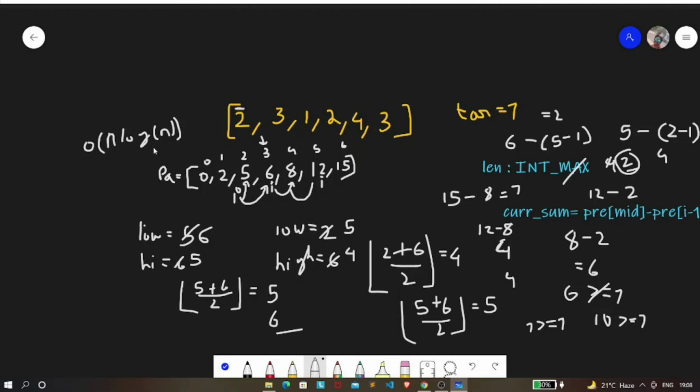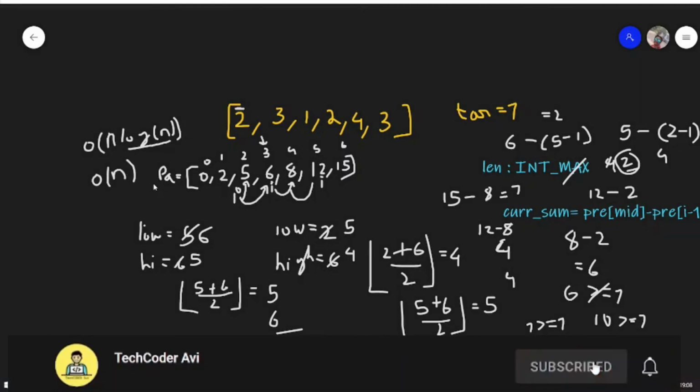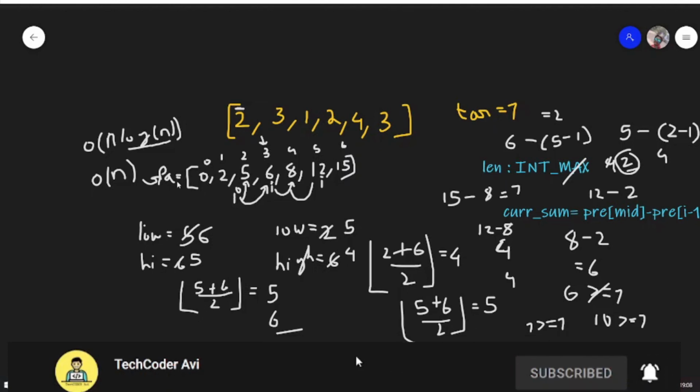And since we are performing a binary search over here for each and every element, it is log n, and hence it becomes n log n. Now the space complexity will be big O of n. Okay, it's big O of n plus 1, but we don't have to consider the constant, so it is big O of n, as we have used a prefix array over here.